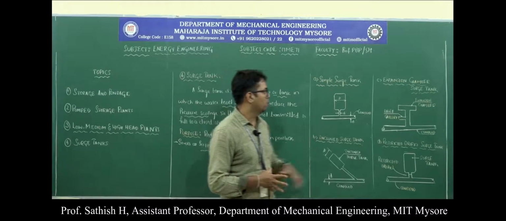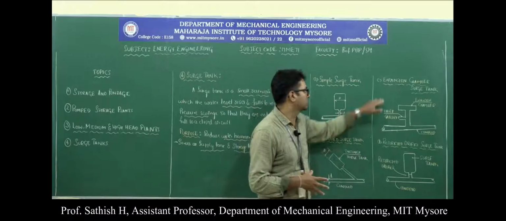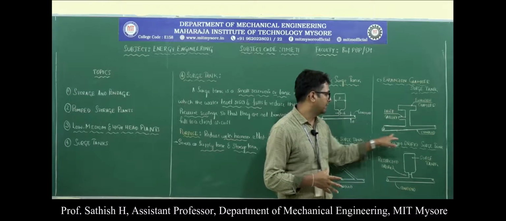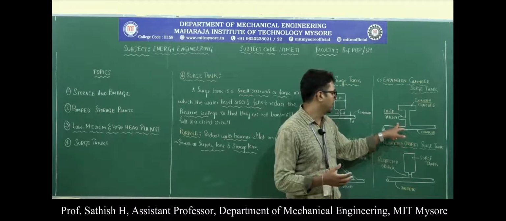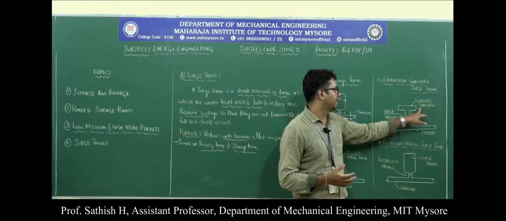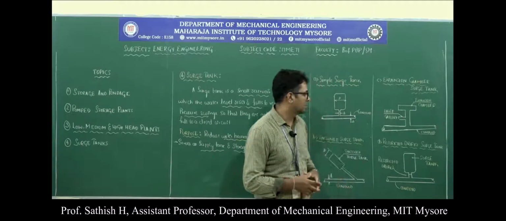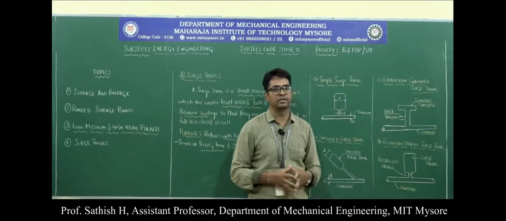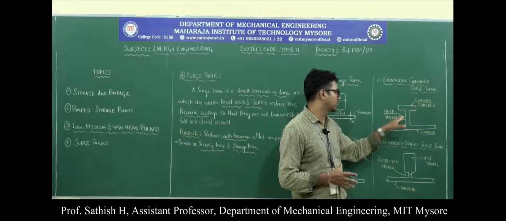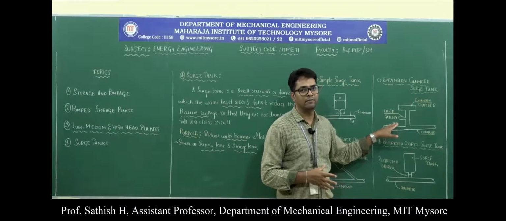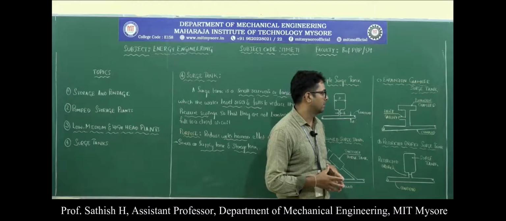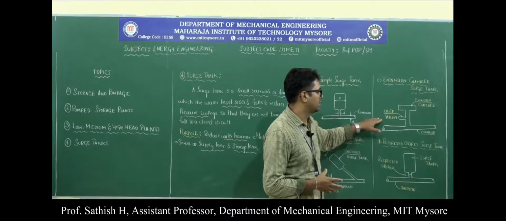One more type, the third type, is the expansion chamber surge tank, shown in this sketch here. We have a conduit pipe as usual, to which a short pipe is connected. We have a lower gallery and then an expansion chamber here. So this is the sketch for the expansion chamber surge tank. The water can be stored in the expansion chamber as well as the lower gallery. When it is required, the water can flow into the conduit again. So this is about the expansion chamber surge tank.